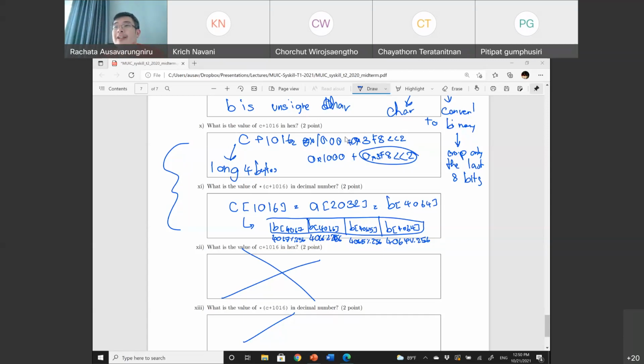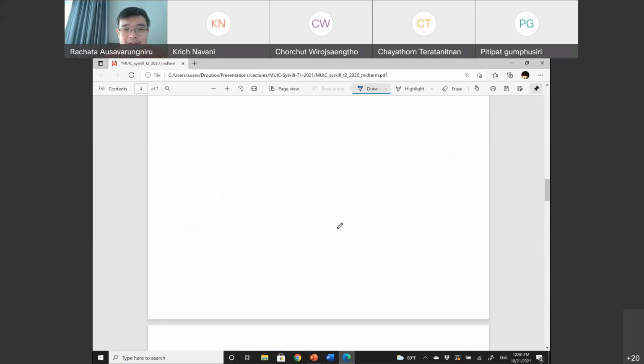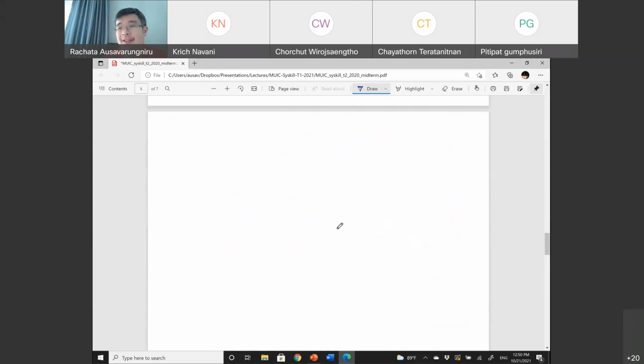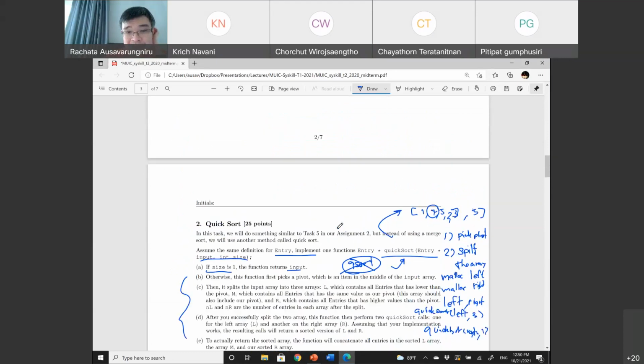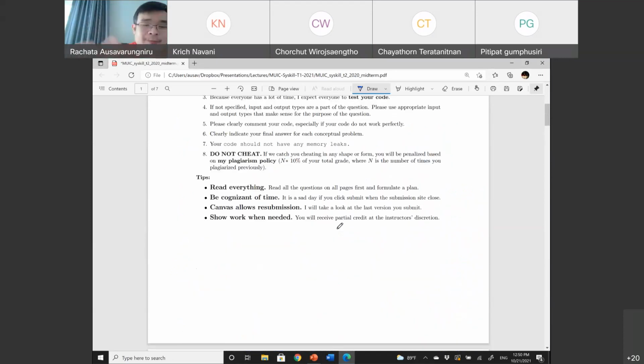How do we merge arrays in Quicksort? Oh, you mean the Quicksort question, right? Let me find an empty space I can write things in. I guess I'll write it here.